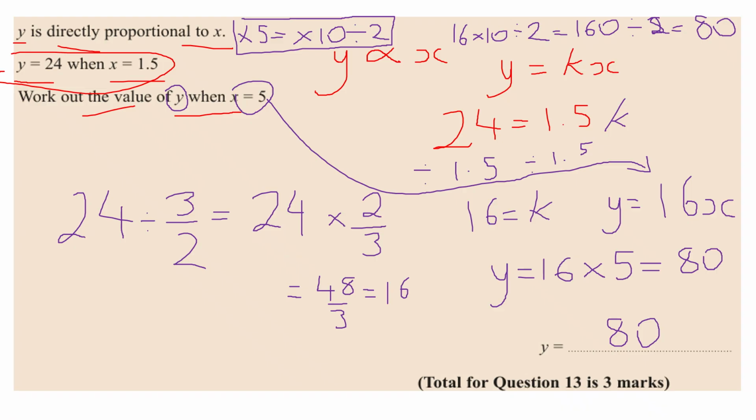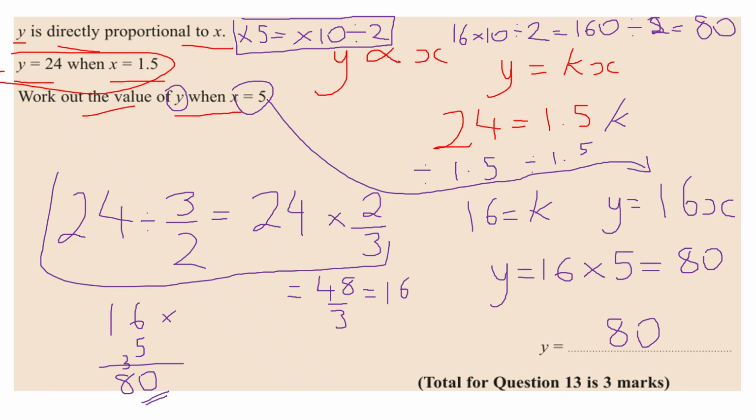But again, you're able to use a long multiplication, or the grid method, or whatever method is appropriate, or the column method. 5 times 6 makes 30, so 0 carry the 3. 5 times 1 is 5, plus the 3 makes 8, we get 80. There are many different ways to tackle the mental maths part. And for dividing by 1.5, this is one way of doing it, but I could have written 240 divided by 15 and used the bus stop method, which would still have got me 16. Whichever method is appropriate, go with that.